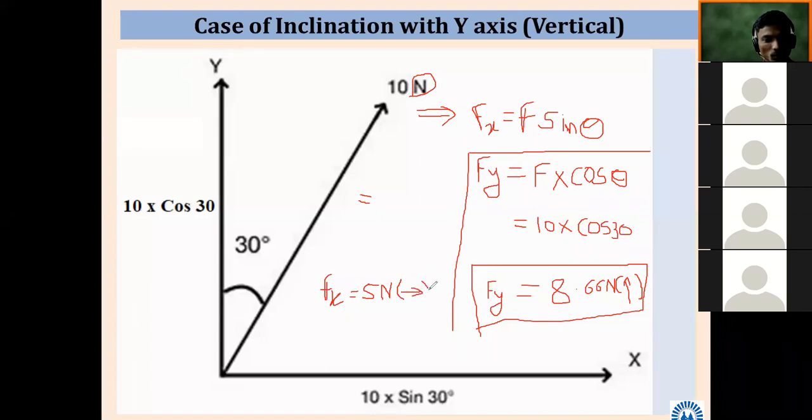Then we can come to know that this particular force component is going towards the right hand side. This will be your answer. So Fx is equal to 5 Newton, which is going towards the right hand side, or we can say it is positive. Either you can show Fx is equal to plus 5 Newton simply. If you are going to use the sign plus, it is not necessary to show the arrow thereafter.